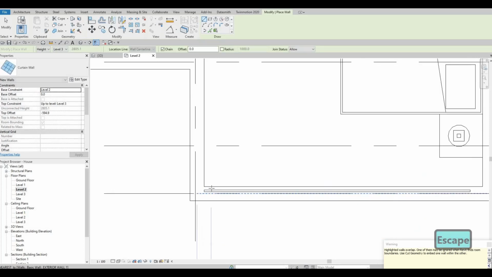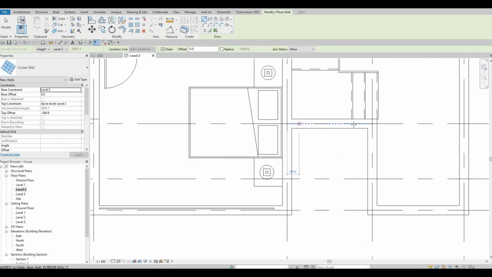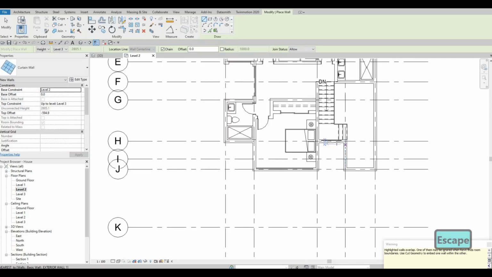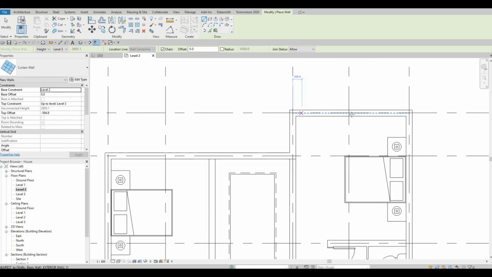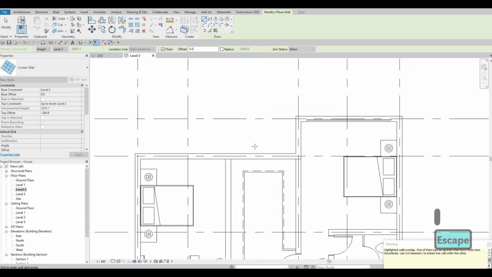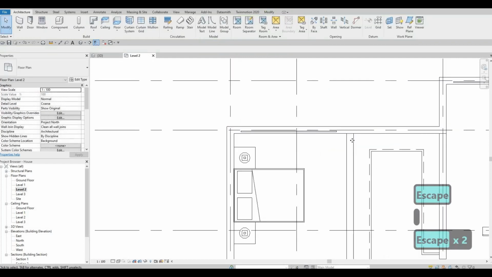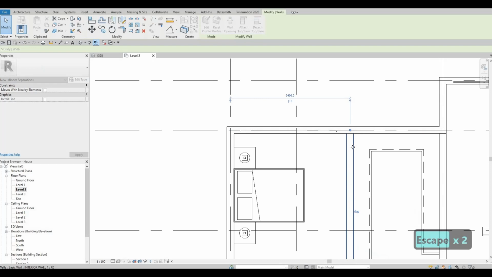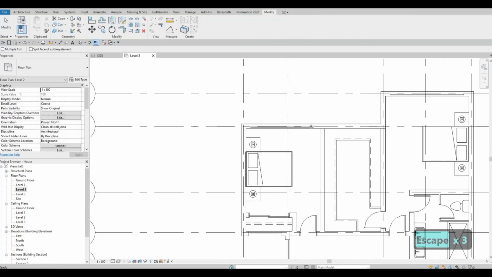You want to make sure that it's going inside of the exterior wall. We're going to add especially right here, because we will have a better view, a glass view of this side, and then we will use space bar to change orientation going inside, and then also adding right here. And then go to modify, cut geometry,